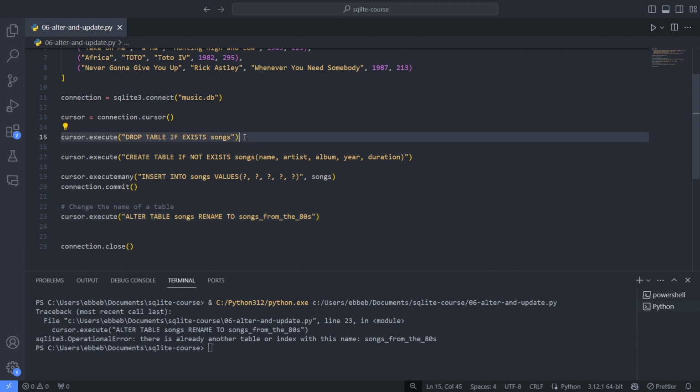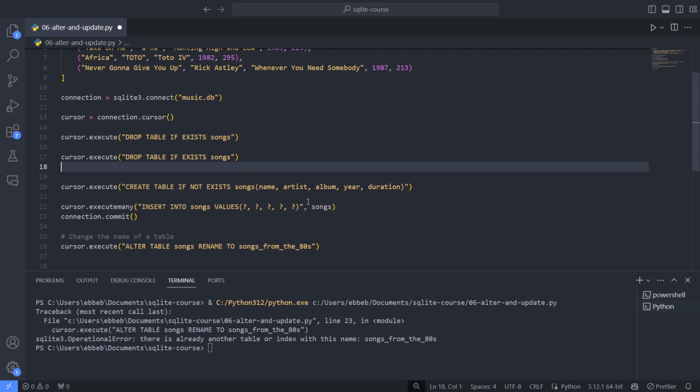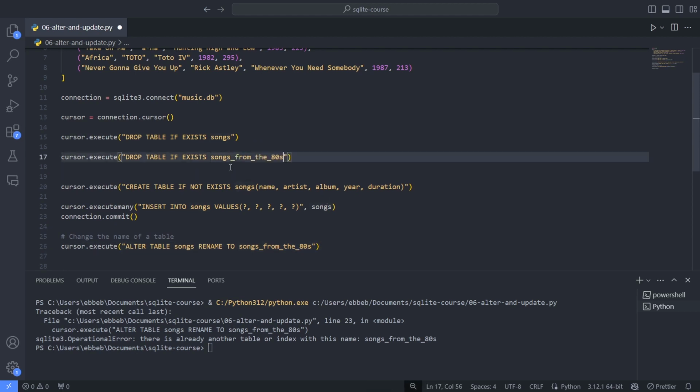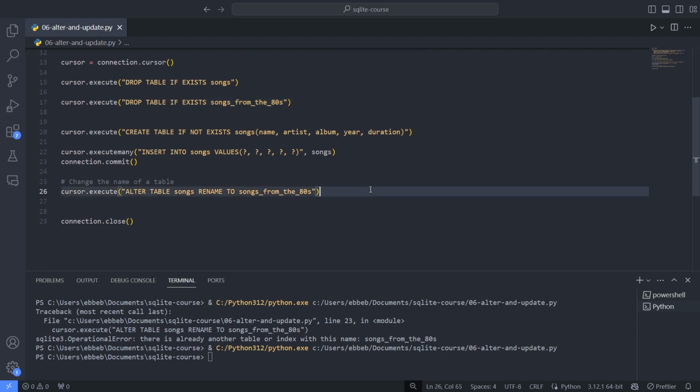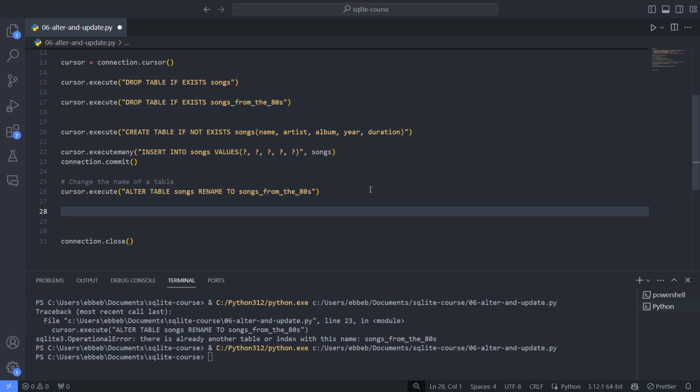What I'm going to do here, since I've messed up and already done this before, is to just remove it prior to running this command. So now, if I run this, I will get one single table called songs from the 80s. So first I remove any of them if they exist. Again, this is just in this demo case because I'm running the same script multiple times. Then I create a songs table and then I rename it. And just to see that this actually now works,